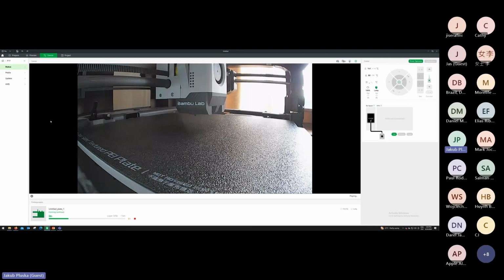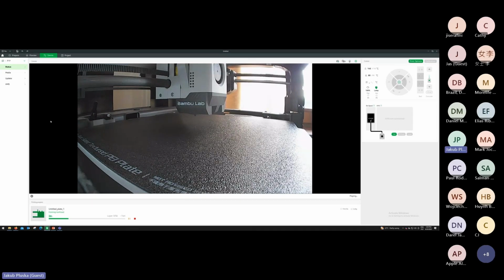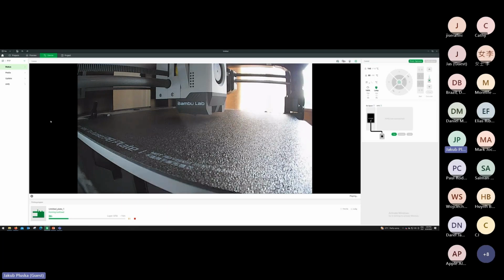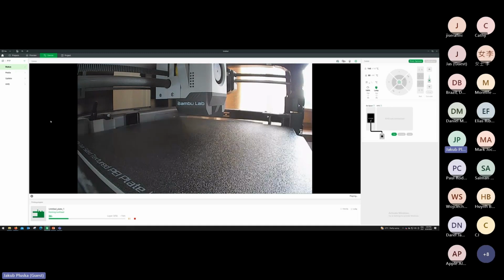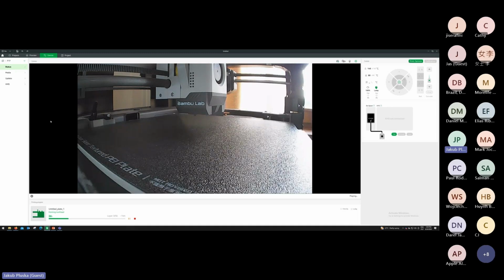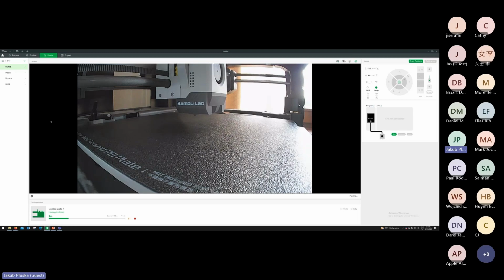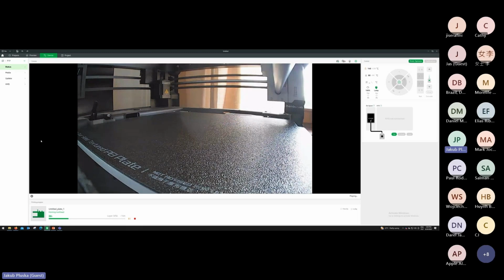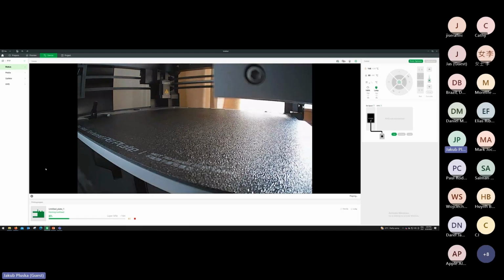Yeah, I would say the camera here is not fast. It is very slow, I would say. However, you can have some preview on your mobile phone, so it's good. So when you are gardening or you are out of the home, you can see what's going on with your print, and then if there is any error, you can just stop or pause or whatever. So it's very good, right? So it's not for the actual